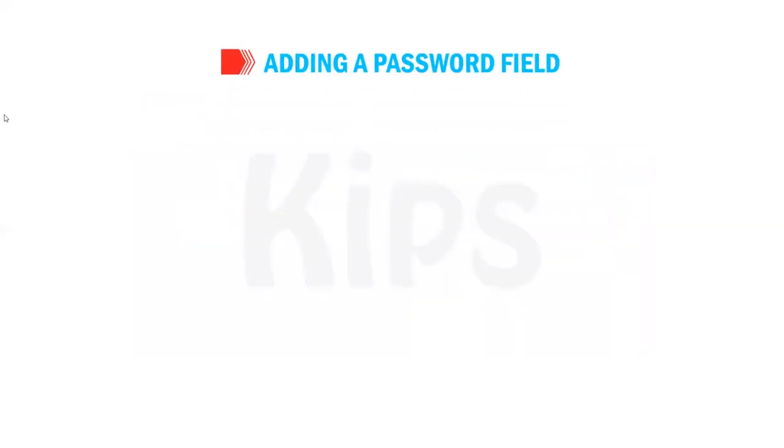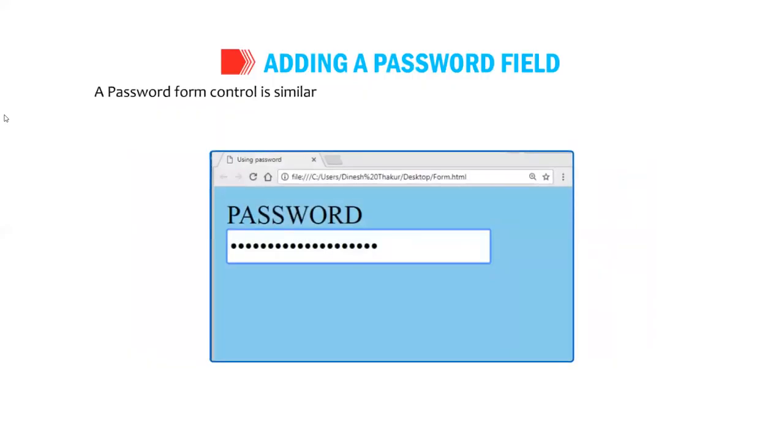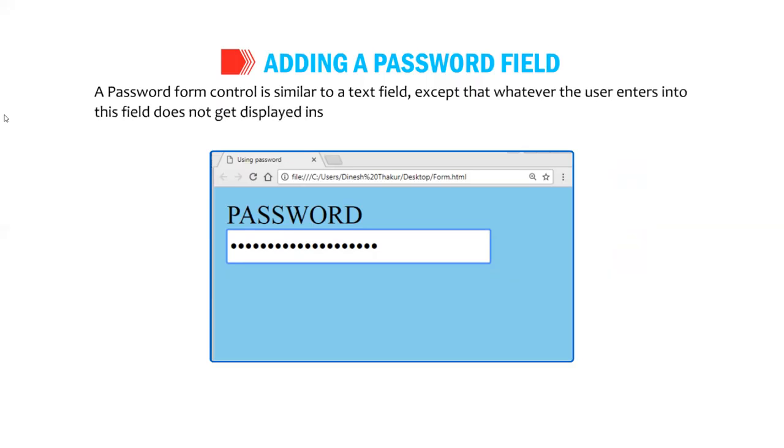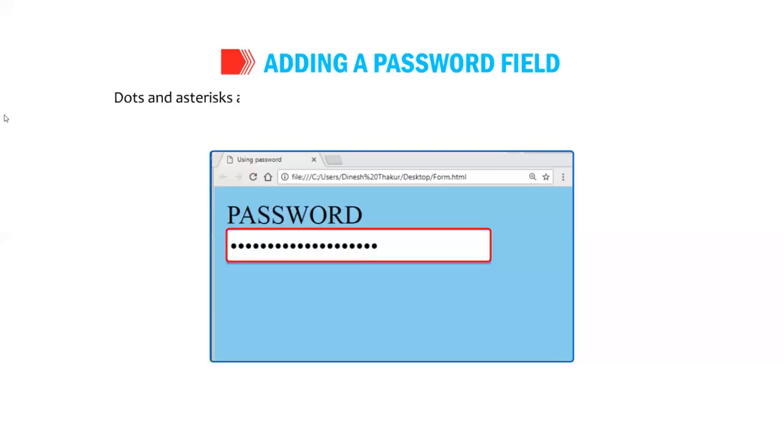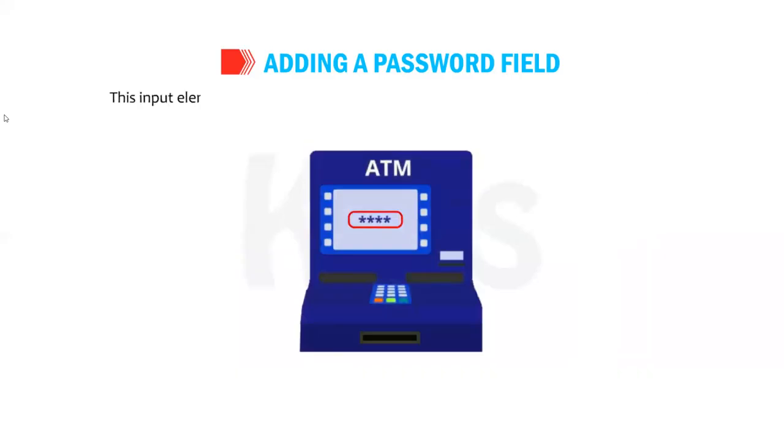Okay students, let us learn how to add a password field. A password form control is similar to a text field, except that whatever the user enters into this field does not get displayed. Instead, dots and asterisks are shown on screen so that no one can see the typed information. This input element is generally used to enter confidential information such as ATM PIN. Example,